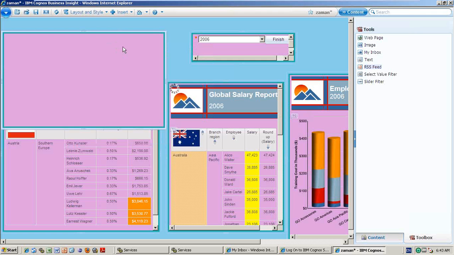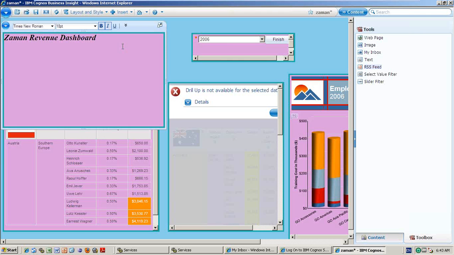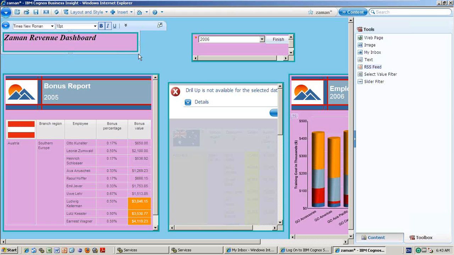So that means if you want to write any titles, you can do this one, and you minimize this also. Right. And then click outside.